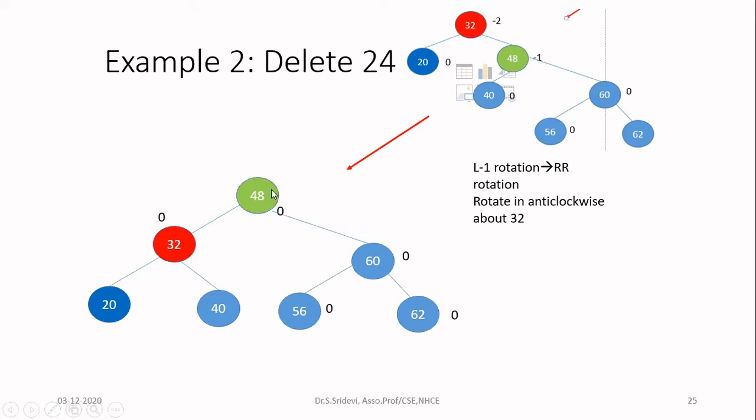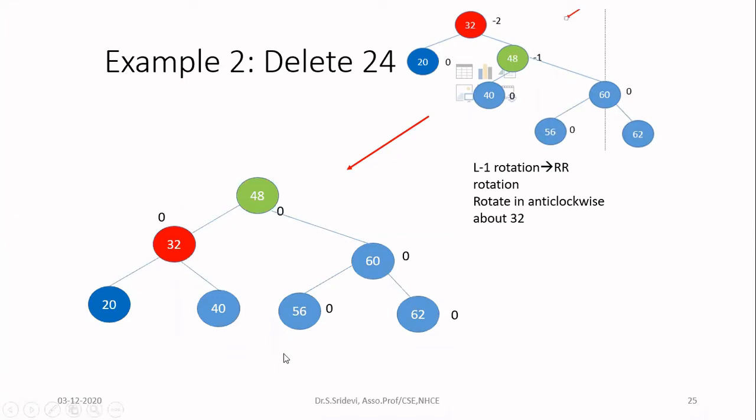Now, important thing comes. Here, this 48 is having the left child as 40. Now, in the newly added diagram, your left child of 48 is 32. Okay, you cannot connect now 40 as a left child of this 48. So where are you going to connect this 40? To this 32 as a right child. Because 40 is greater than 32, it should be connected as a right child of 32. So now we have done everything perfectly. Just check the balance factor again for all the nodes. So now we have the balance factor like this. It is permitted.